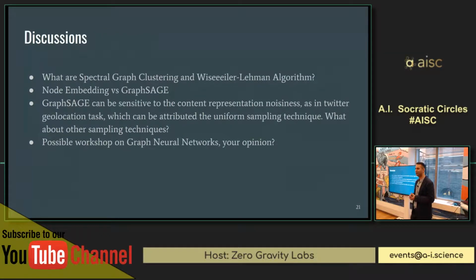Okay, so about the discussions, because I talked about the mathematical proofs of spectral graph clustering and why it is so. Why is the Lehman algorithm? And if you want, we can go through them as well. And the difference between node embeddings versus GraphSAGE and whether they have better or worse performance, and the sensitivity